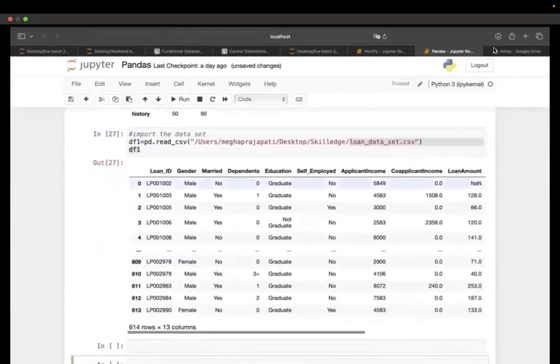Okay. Now guys, here you can see I stored my data set in the df1 variable. Yesterday somebody was asking me, do I need to close this file? I told you that it is not required. What was the reason behind that? It is not acting as an object here. It is just a copy of the data set, and we are going to work on the copy of the